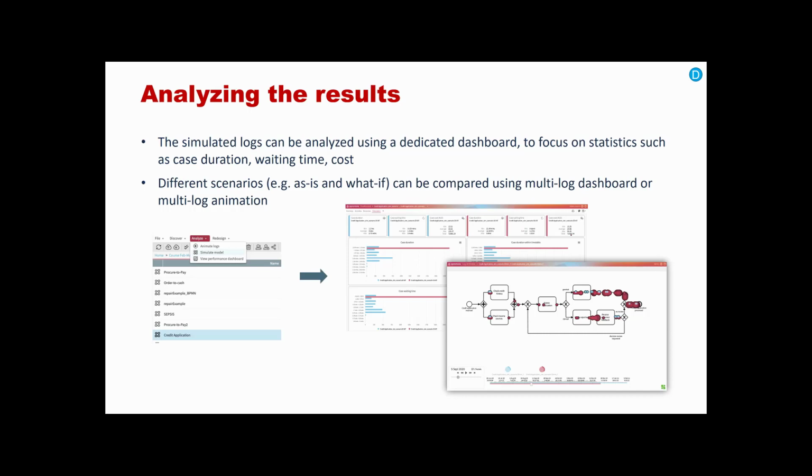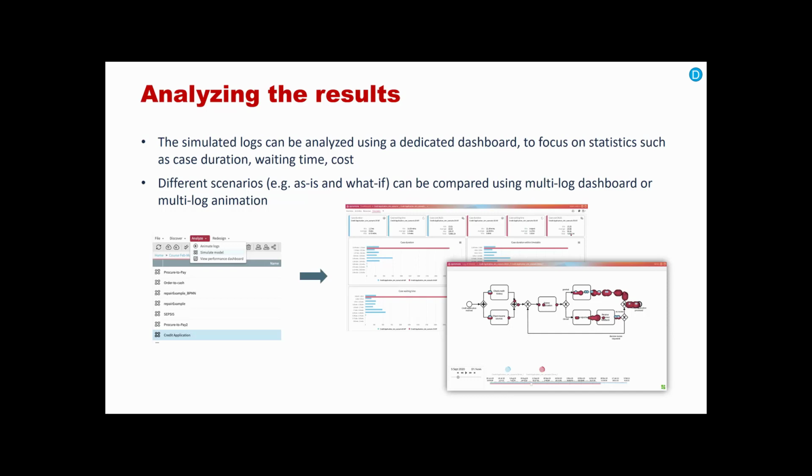It's exactly the same type as the event logs that we have seen coming from different types of data sources. But this log that the simulator will generate, with a bunch of case executions and task executions assigned to different resources,